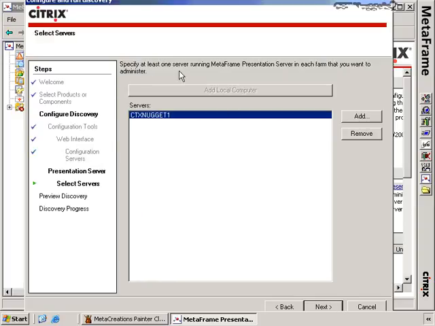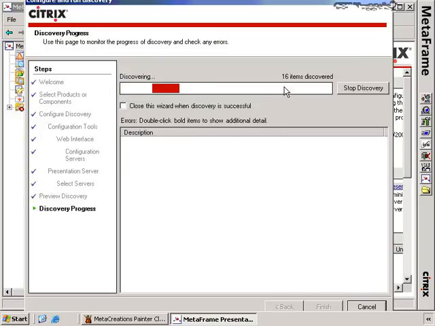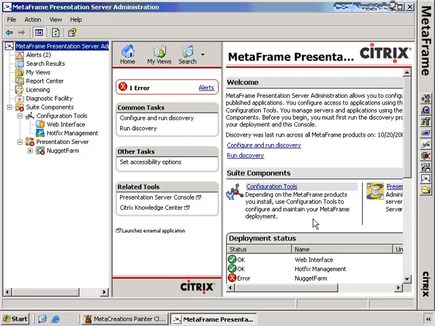We then have to specify at least one server running presentation server so that we can get information about the presentation server farm as well. In our case, we're going to choose CTX Nugget 1 also for this. And then once discovery completes, we can begin configuring our farm for web interface. It's going to discover all the items available inside of our farm and now allow us to run the Access